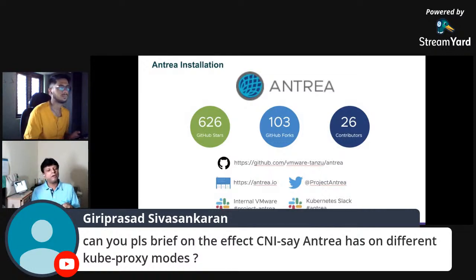Then one of the new features, I think very recent, will be part of the GA. It is bringing the cluster IP based service capability to Antrea. So that will help you avoid the performance concerns around iptables, especially when you are frequently changing services in a larger cluster. That kind of concerns you could avoid. So that cluster IP capability they are trying to implement in Antrea agents itself.